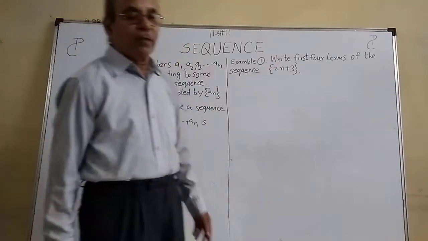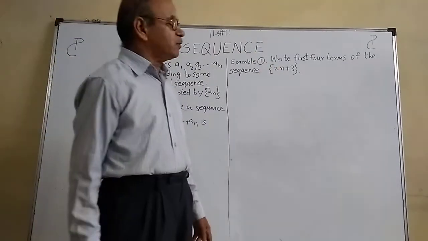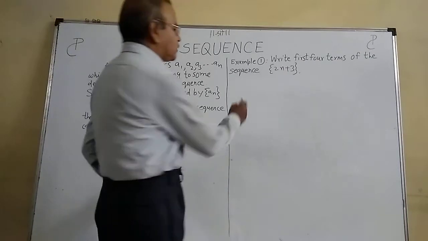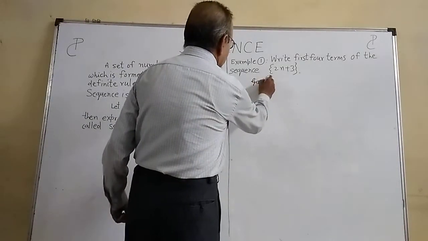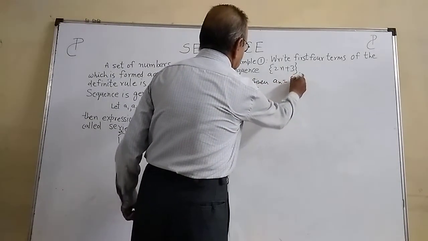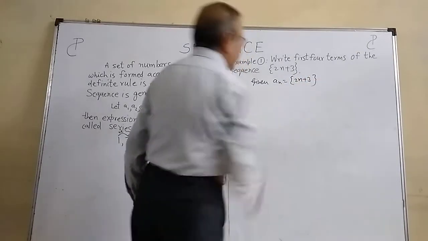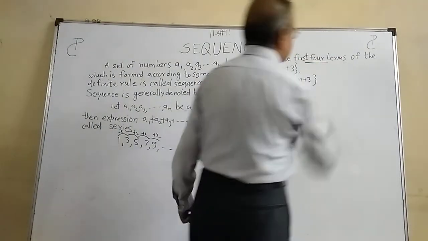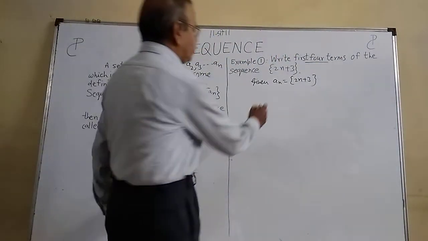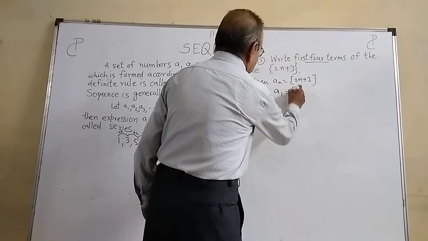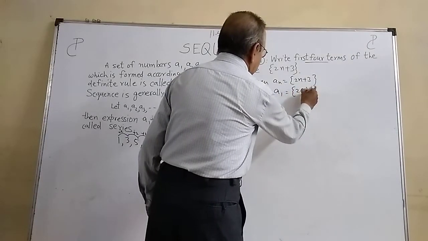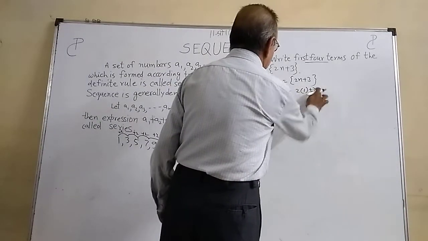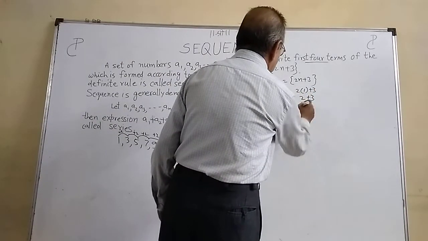Now some problems based on this sequence, to find the first 4 terms or 5 terms, we have to solve one by one. Example 1: find the first 4 terms of the sequence an = 2n plus 3. I want the first 4 terms. First, a1 is 2 into 1 plus 3,